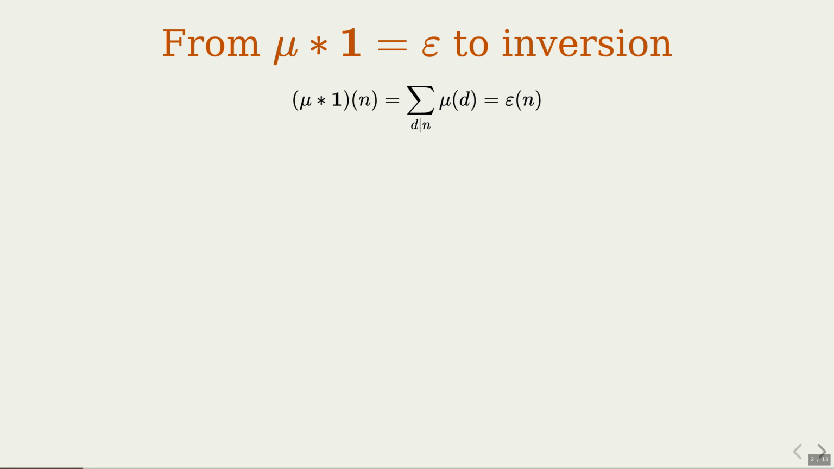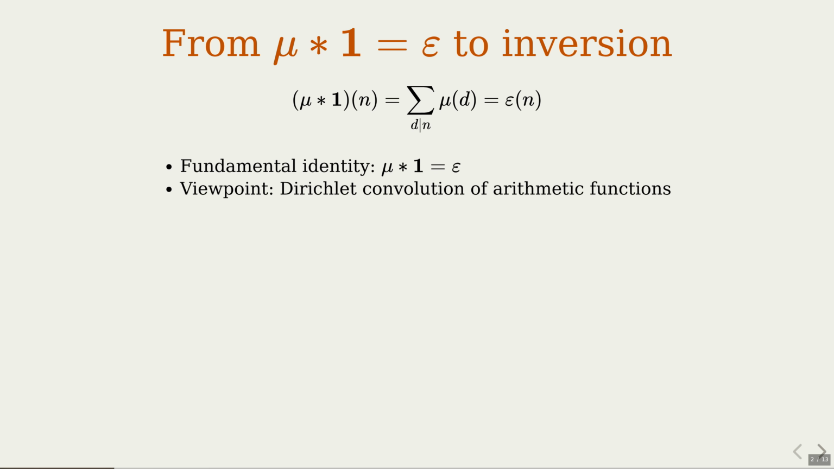Here is that fundamental identity in its divisor sum form. When you sum mu over all divisors of n, you get 0 except at n equals 1, where you get 1. We now treat mu, the constant 1 function, and epsilon as actors inside an algebra of arithmetic functions with this convolution operation. So convolution is our way of multiplying number-theoretic functions by mixing their values over divisors? Exactly. Convolution is like a product where each output at n depends on the values of the inputs at all